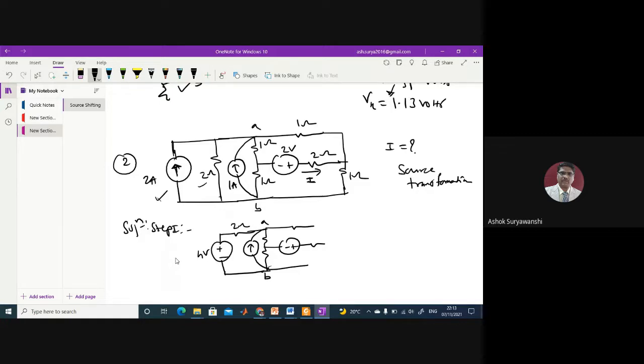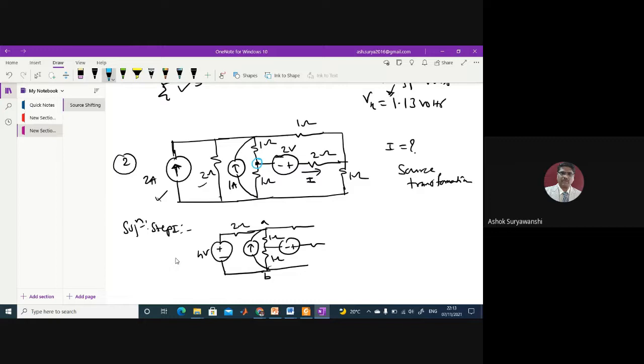That means in that branch, this current source is ideal. It does not have a resistance across it. Someone will say that this 1 ohm and 1 ohm are across. Although they are across, they are not directly in series. 1 ohm is not in series with 1 ohm. If this 2 volt branch had not been there, then this 1 ohm and 1 ohm would have been in series, but it is not like that. At this point, I will circle with another color so that you understand. Here you can see there's a current division. So this 1 ohm and 1 ohm is not in series.